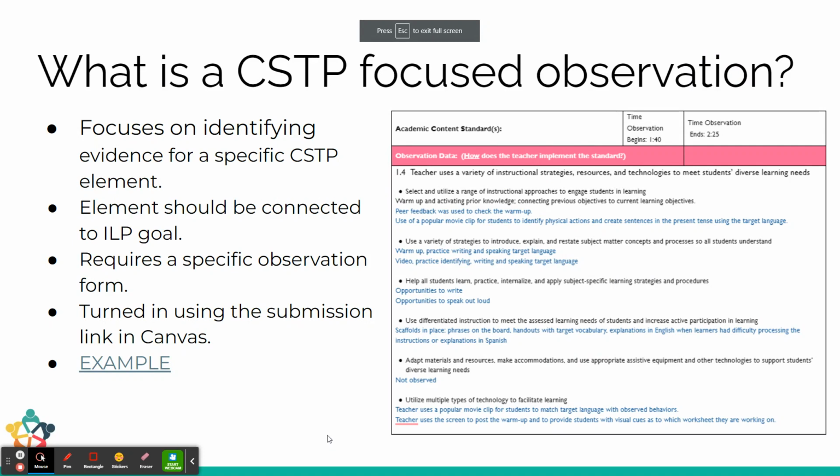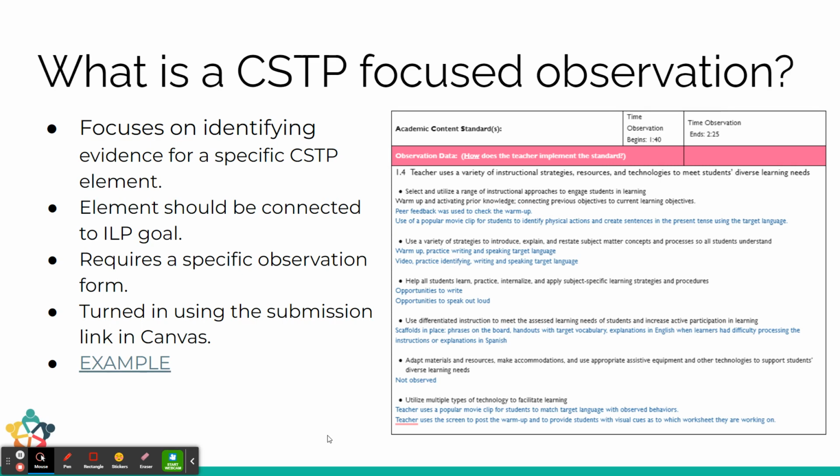What exactly are we talking about when we are calling this a CSTP focused observation? Well, the reason why we're doing a fall observation and a spring observation is we're trying to capture some evidence that the candidate is growing in the CSTP. The purpose of induction is not for candidates to achieve integrated levels in all of the CSTP. The goal of induction really is to help teachers develop the habits of mind and practices they need for continuous reflection and improvement. And our job is just to show that, yes, this teacher is working on CSTPs and they're